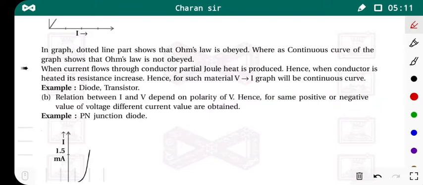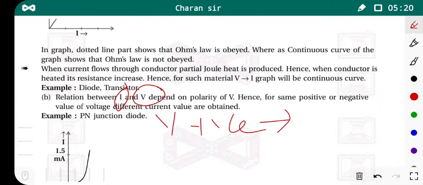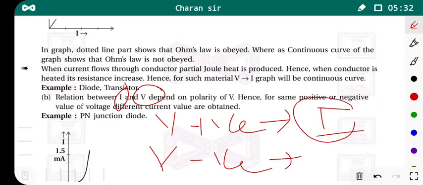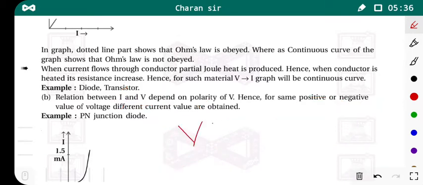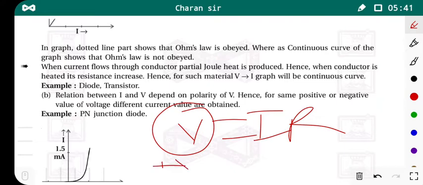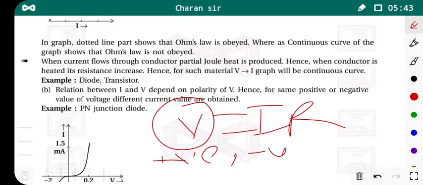So when you change the direction of voltage, you do not get the same value of the currents for both. Suppose we have a positive value of voltage, so at that time you get some values of the electric currents. When you change the polarity or direction, so you get negative values of voltage. At that time you do not get the same electric currents for the same value of the voltage. That means this relation between V and I is also dependent on the polarity of voltage. Voltage may be negative or positive.